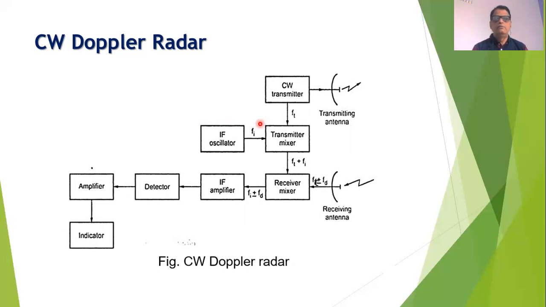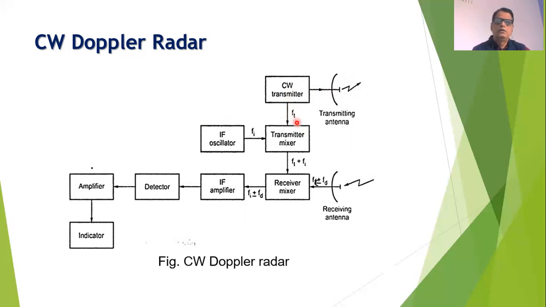This signal, Fi, the intermediate frequency signal, is connected to the transmitter mixer. Also connected to the transmitter mixer is another signal, a continuous wave transmitter signal. This is also a very high frequency, microwave oscillator. The signal from the transmitter is directly coupled to the transmitting antenna, and the signal from the transmitting antenna is produced in the surrounding air, where it can strike the surface of the target. Also, this signal is coupled to the transmitter mixer.